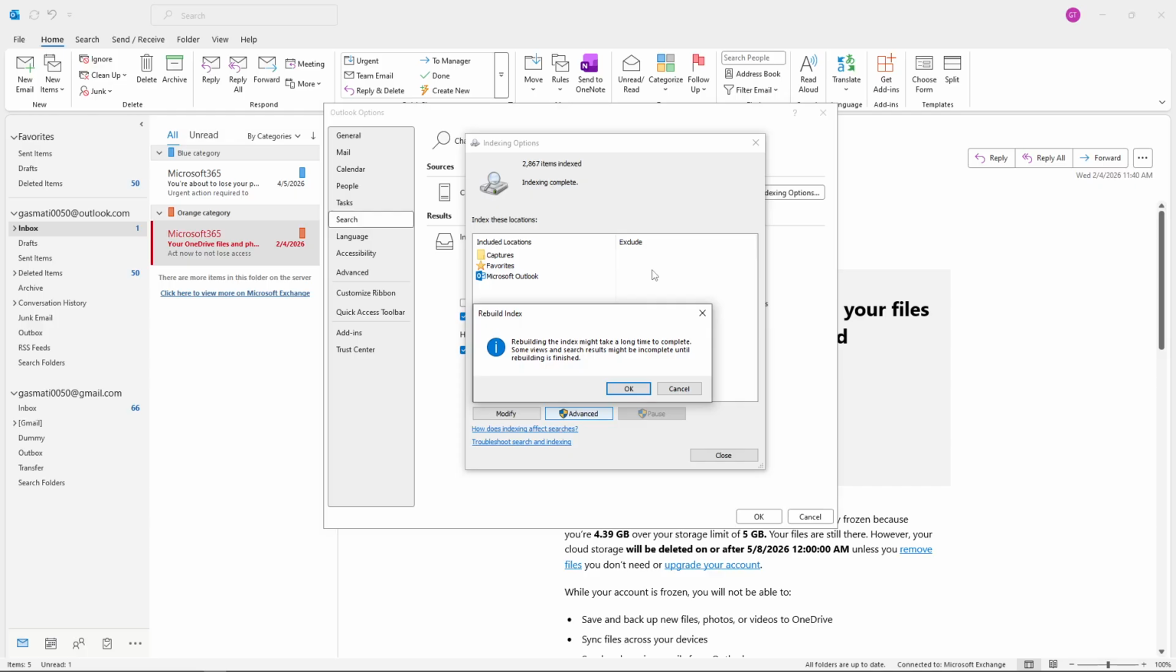Outlook will now begin reconstructing the entire search index from scratch, cataloging every email, attachment, contact, and calendar entry. You can continue using Outlook during this process, but search results may be incomplete until the rebuild finishes. And that's it. You've successfully initiated the search index rebuild in Microsoft Outlook, which should resolve any search issues you've been